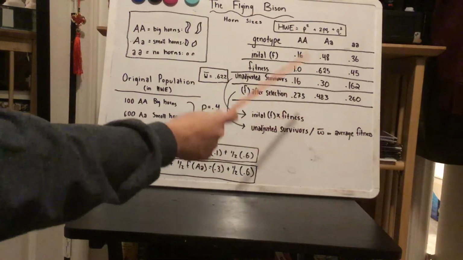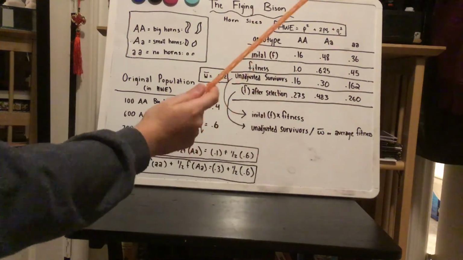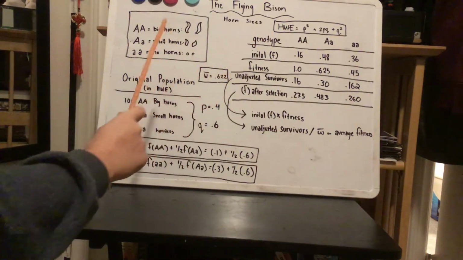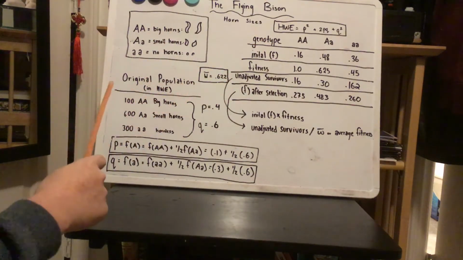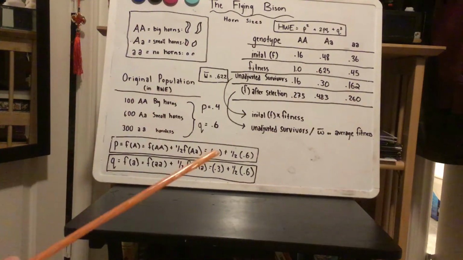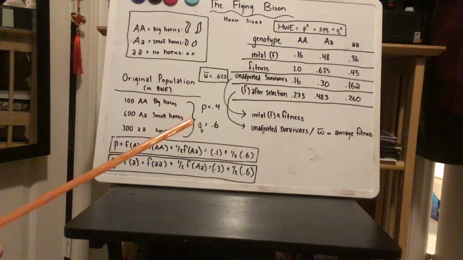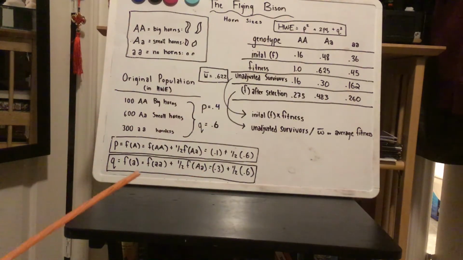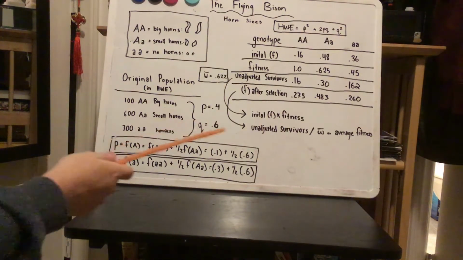If we move over here, we have a pretty big table with a lot of information on it. So let's start breaking that down. We're going to assume that this population, our original population, is in Hardy-Weinberg equilibrium, which basically means it meets the following assumptions. It's an infinitely large population, random mating, no selection, meaning all the genotypes are equally likely to survive, no migration in or out of the population, and no mutations. We're just going to assume all those things are true for the sake of this problem.